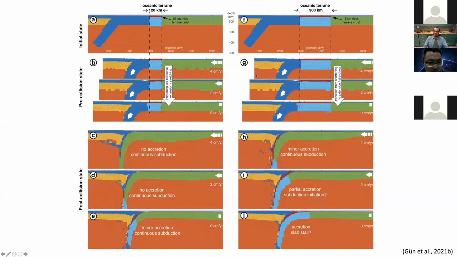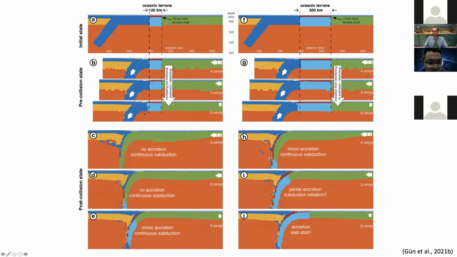If we have 4 centimeter per year impulse convergence velocity, we don't see much extension. Actually, it's effectively shutting off the extension that originated from the subducting slab. But for example, if we check the 0 centimeter per year model, so it means that slab pull is the only plate driver force in the system,